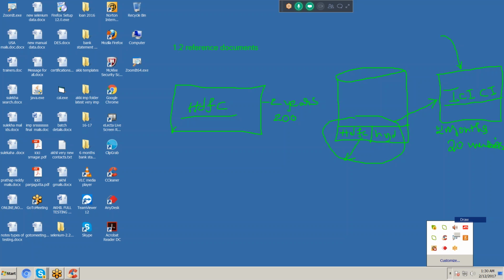If you want to open a new account in HDFC Bank or ICICI Bank, the total template is the same. Some fields extra, some fields less. The remaining format is the same. That's the reason each and every software company, after developing a project, maintains a common repository and keeps that information in it.